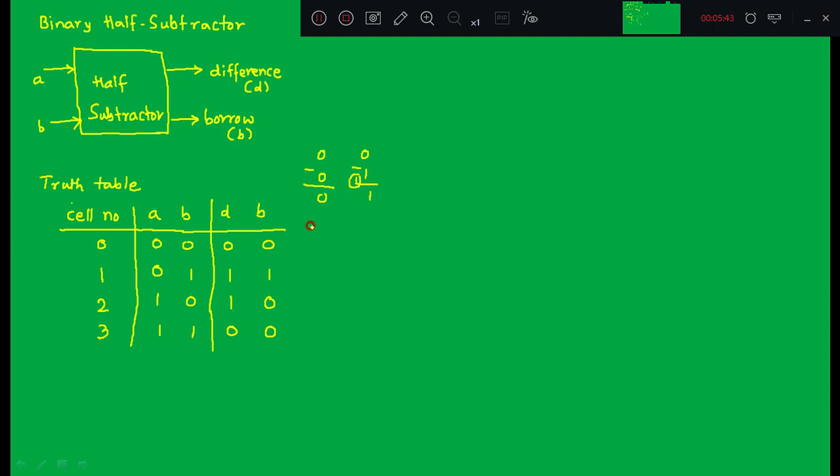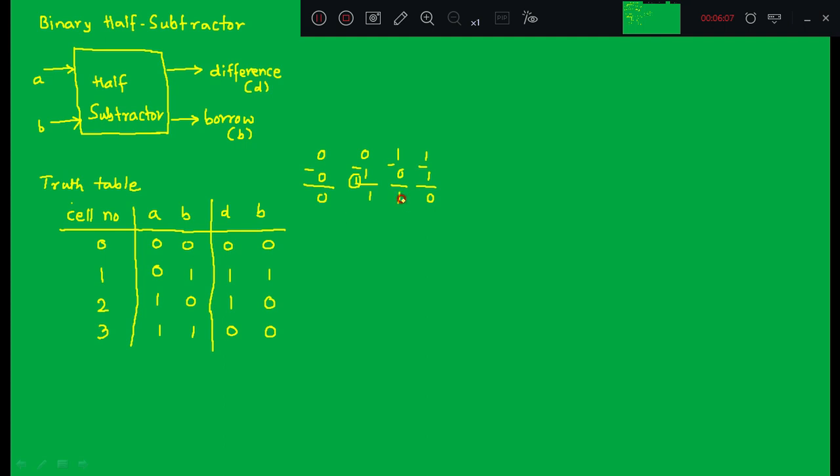So borrow will be 1 and difference is also 1. For 1 minus 0, the difference is 1. 1 is greater than 0, so difference is 1. Borrow is not generated, so borrow is 0 here. Then 1 minus 1, difference is 0, borrow is 0.